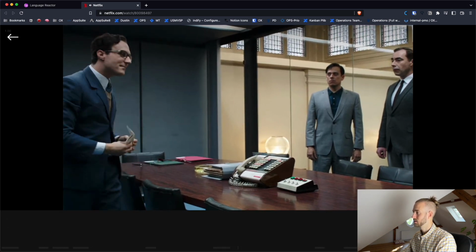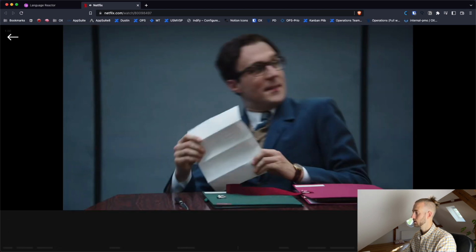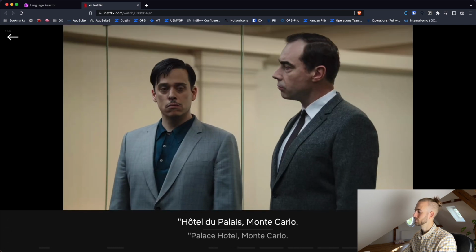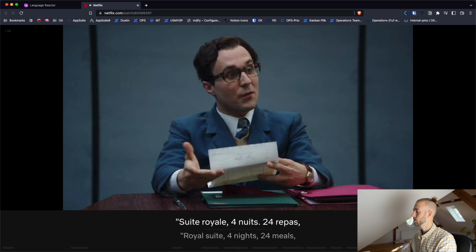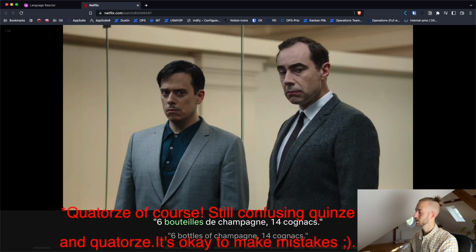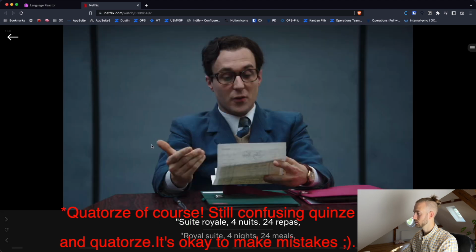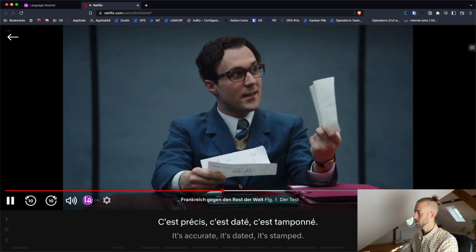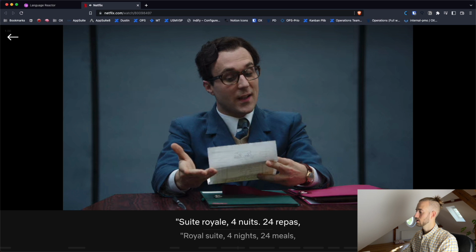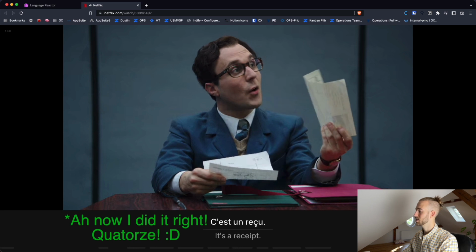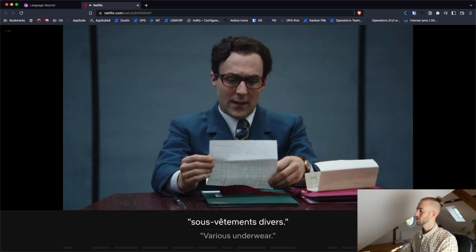Merci, mademoiselle. Voilà. Hôtel du Palais, Monte Carlo, suite royale, 4 nuits, 24 repas, 6 bouteilles de champagne, 14 cognac. C'était un peu trop vite. 6 bouteilles de champagne, 15 cognac. 24 repas, 6 bouteilles de champagne, 14 cognac. C'est précis, c'est daté, c'est tamponné, c'est un reçu. Vêtements, sous-vêtements d'hiver,